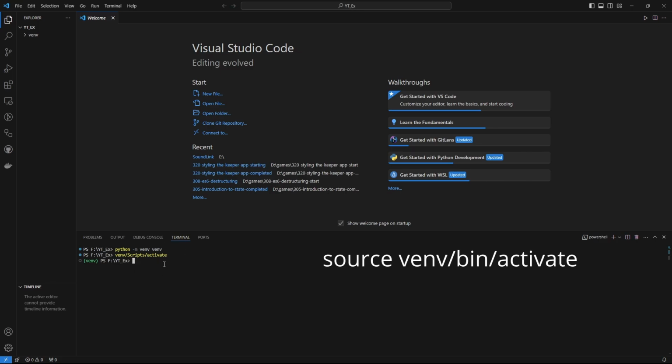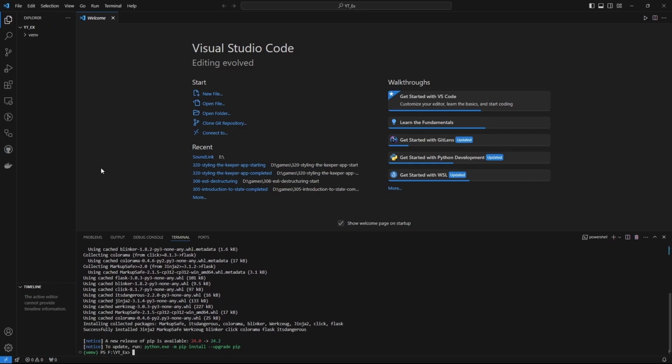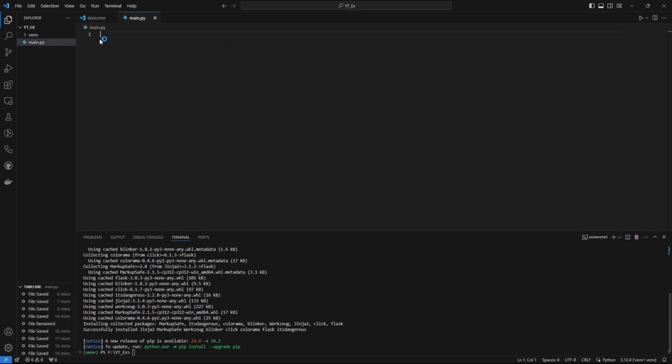So now that we have our virtual environment installed, we're going to install Flask, and if you were on Mac, you are going to do pip3 install Flask. Okay, so now that we have that created, we are going to create our file that Flask will be running on. We'll call it main.py, and we're going to start off by writing